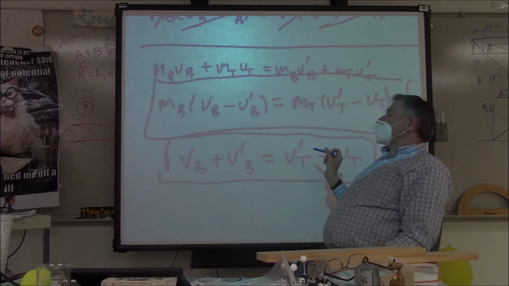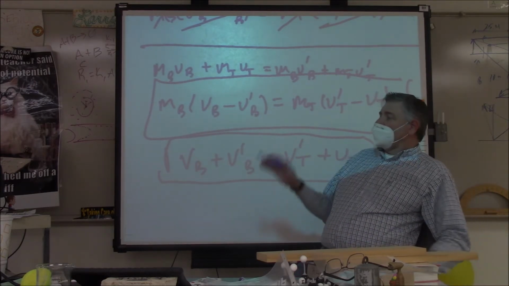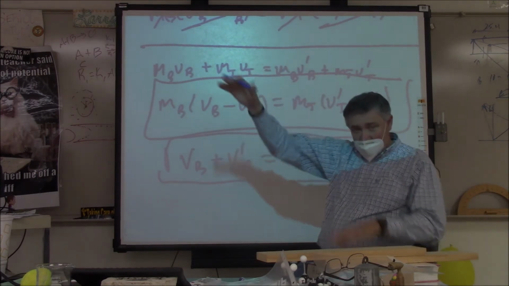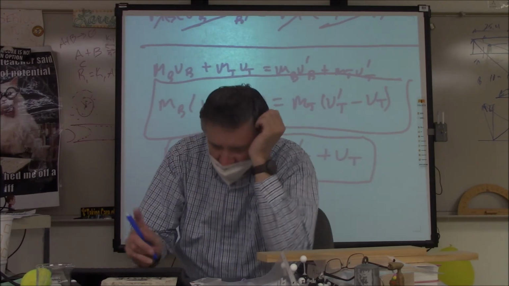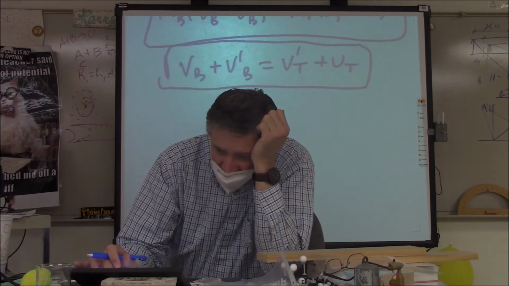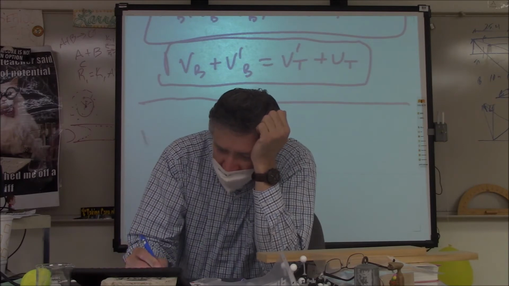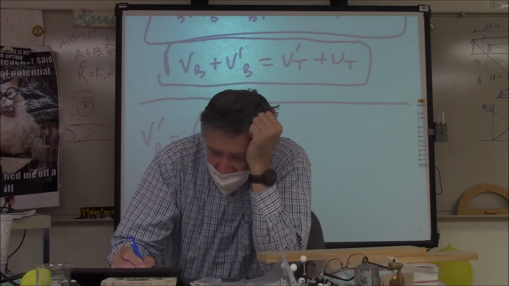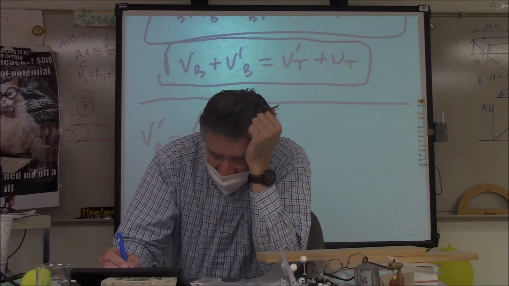Now, at this point, I'm not going to go through this because this math even gets weirder. Okay, so if you substitute and do some other things back in to combine some terms, this is the heart and soul of what you're going to need. So to calculate the new velocity of the bullet, this is what you need to write down. Mass of the bullet minus the mass of the target